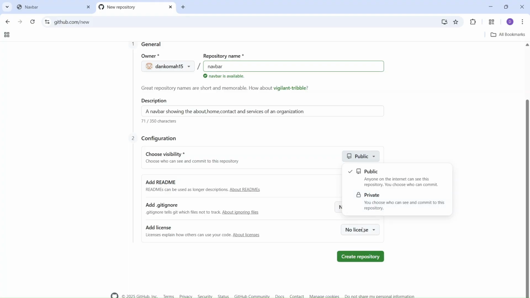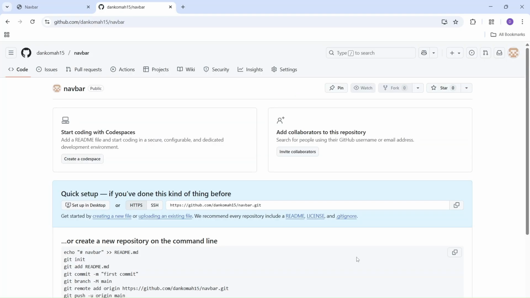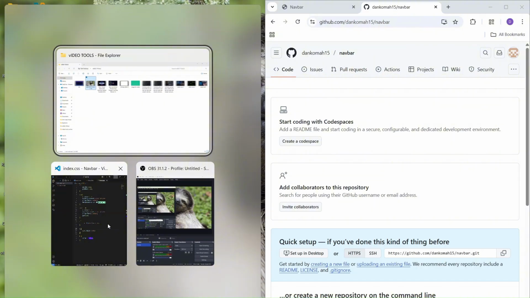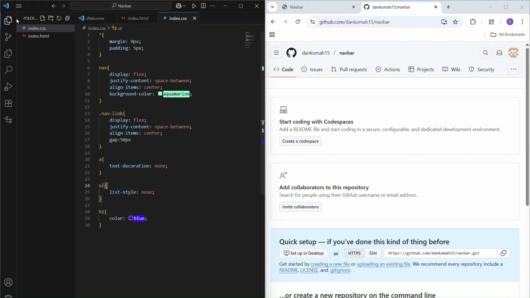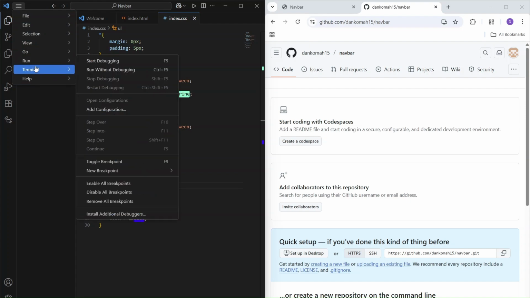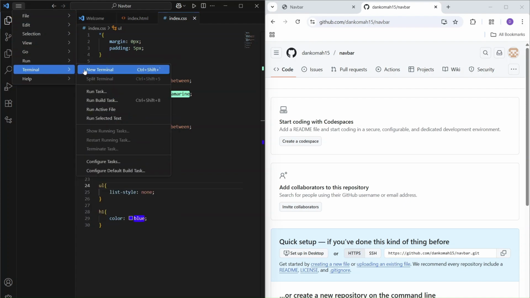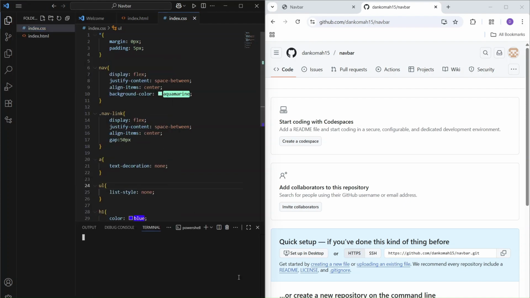So let's create, I want to make it public. I want everyone to see it. Then you come to create repository. So here it is. So you open it one side. So this is the code I want to push. And the code is in this folder. The folder is called navbar. So I open a new terminal on my